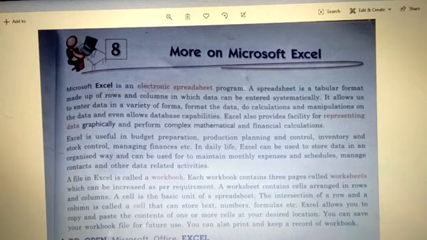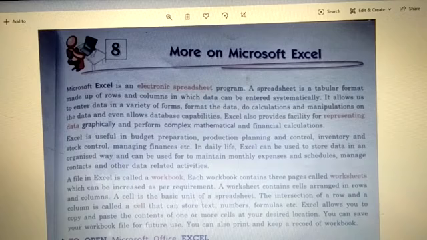And we studied the shortcut of it also. The shortcut of undo was control plus Z, right? And for redo it is control plus Y. After that we studied how to change the column width. We studied two methods. First one was by dragging the right border of the column, right? And then second method was according to the width of data. Just you have to double click, right, at the very top of that column, and the longest data inside that column, according to it, automatically the width of the column will be adjusted.